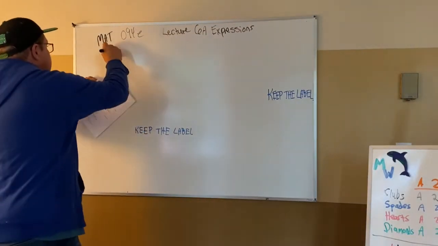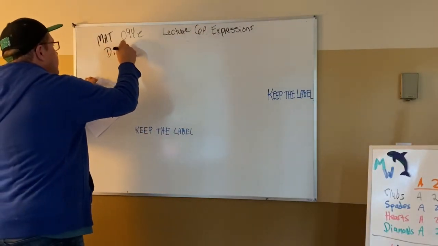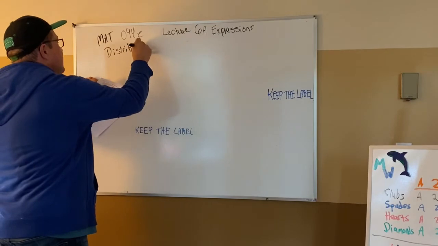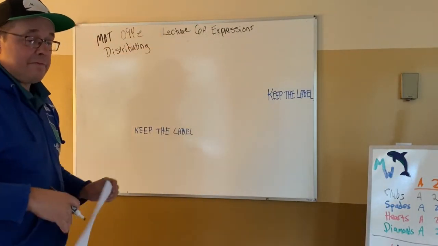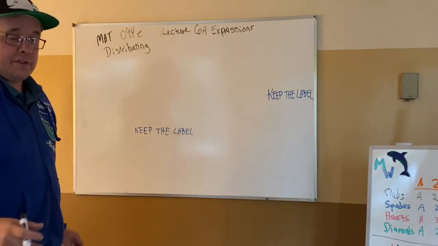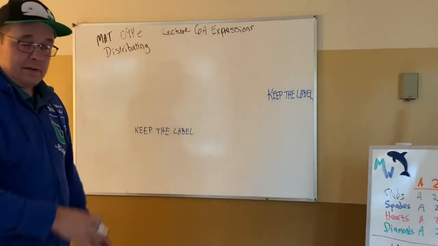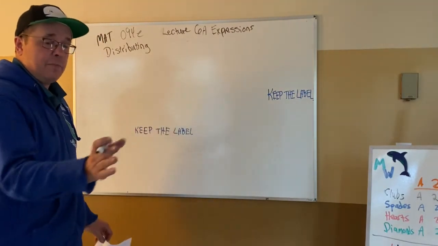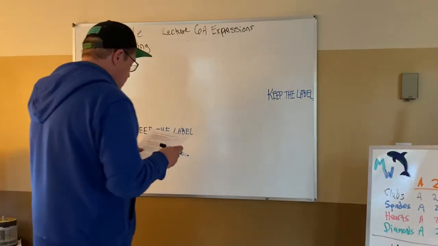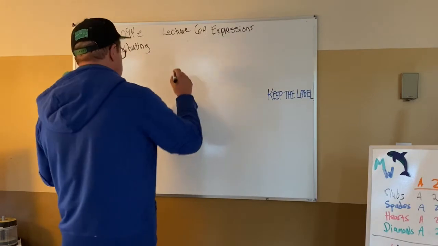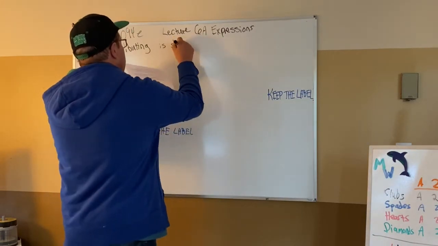Distributing. Often called distribution, right? If you distribute stuff to everyone, you give a little to everyone, right? If you have 100 M&Ms and there are 10 people in the class, then say, listen, distribute them evenly, every person gets 10. You're passing them out to everyone. So distributing is sharing a multiplier